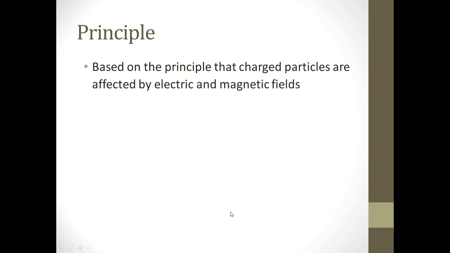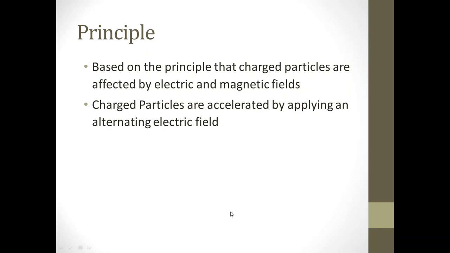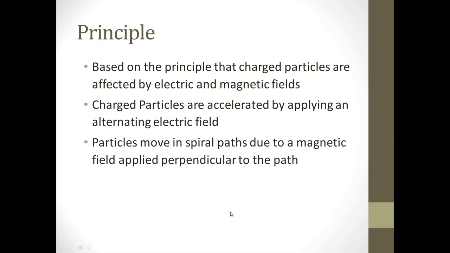There also we apply a small oscillating electric field to accelerate particles. Same as in the case of the cyclotron, here also we use an electric field in combination with a magnetic field for accelerating particles. So this forms the basic principle of operation of a cyclotron. The charged particles are accelerated by applying an alternating electric field, and the particles move in spiral paths due to a magnetic field applied perpendicular to the path of the